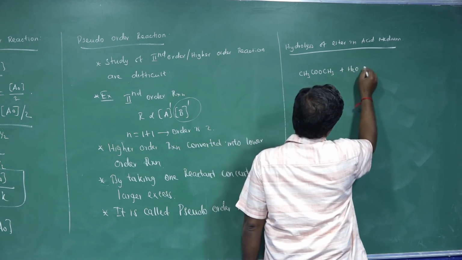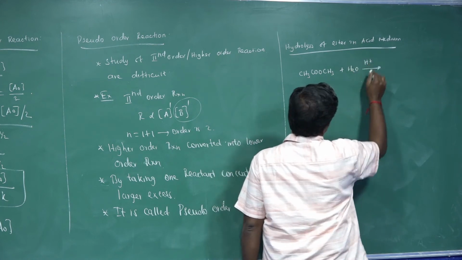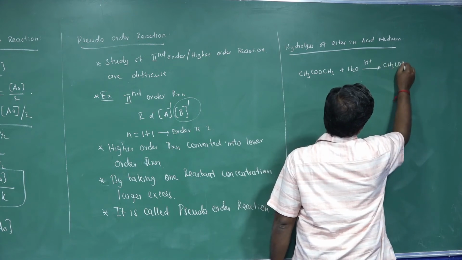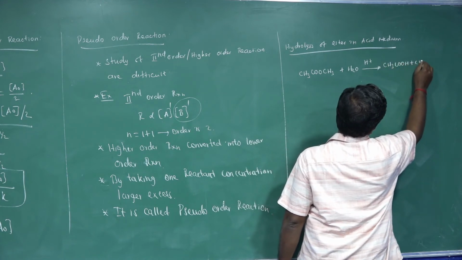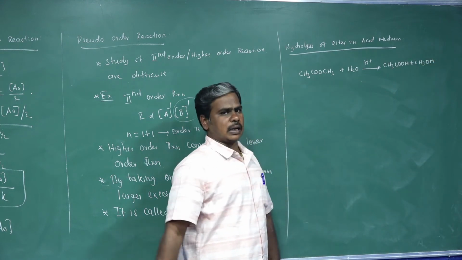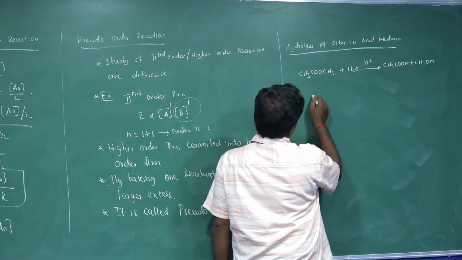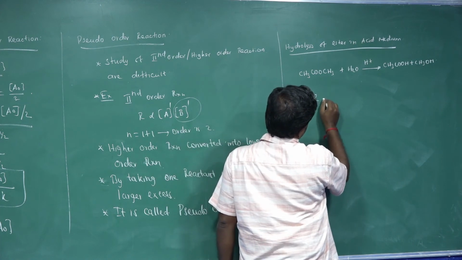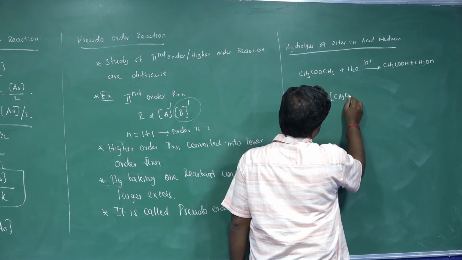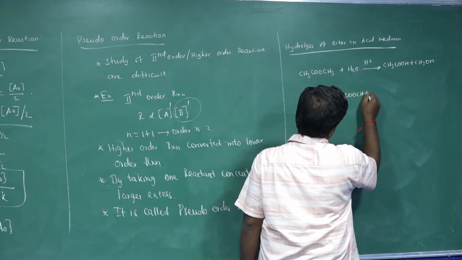On hydrolysis, it gives an acid and an alcohol, CH3OH. Here the rate is directly proportional to the ester CH3COOCH3